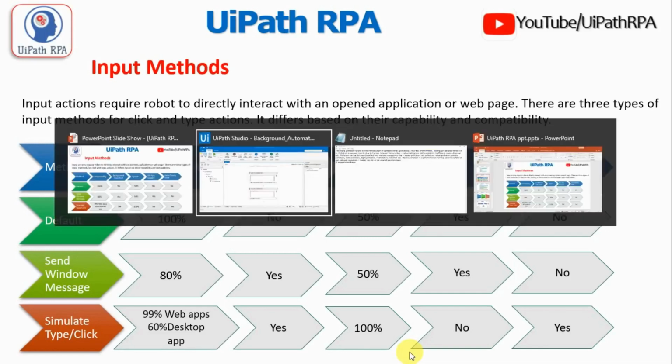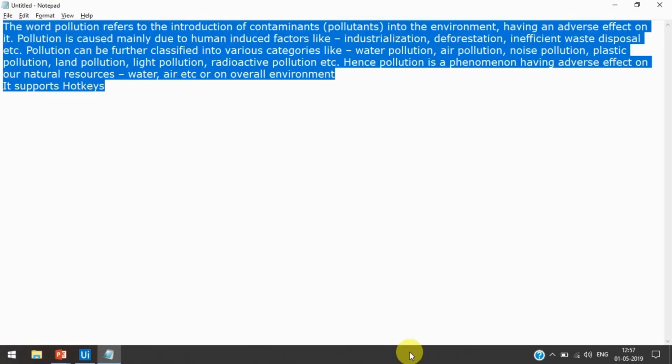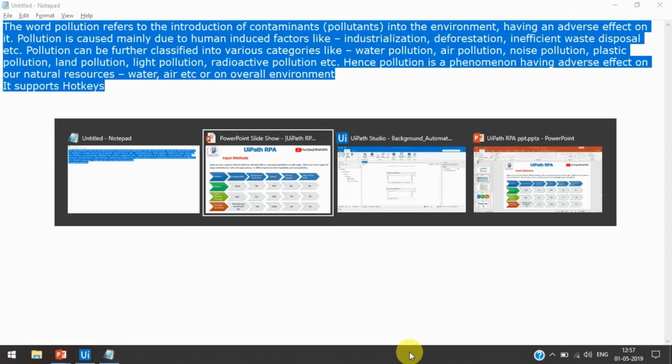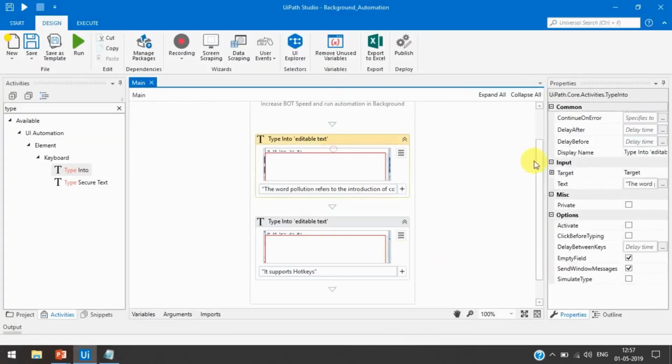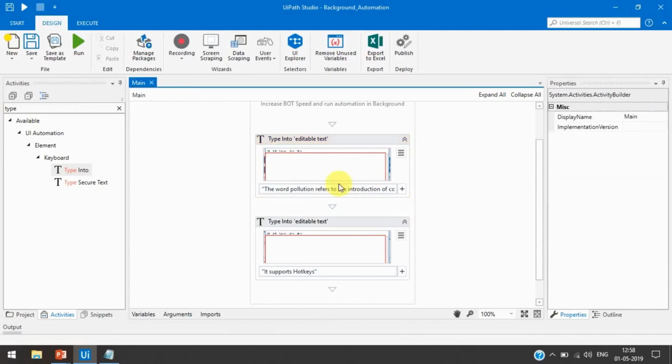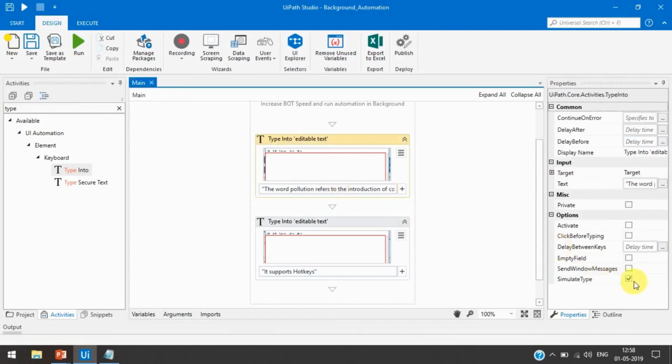So now let's first remove this. For that we'll have to remove this and select the simulate type method, and then it's not required to use empty field, because this simulate type method has the ability to remove the fields, right?